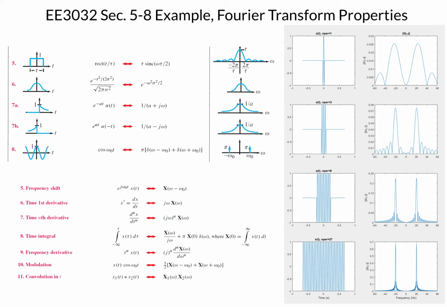Here we have an example of several Fourier transform pairs from the table in the book, and on the bottom left, several Fourier transform properties from the table in the book. On the right, we're looking at four different versions of a similar signal and their Fourier transform magnitudes. These examples illustrate several of the properties and how we go about using the properties to understand when we see